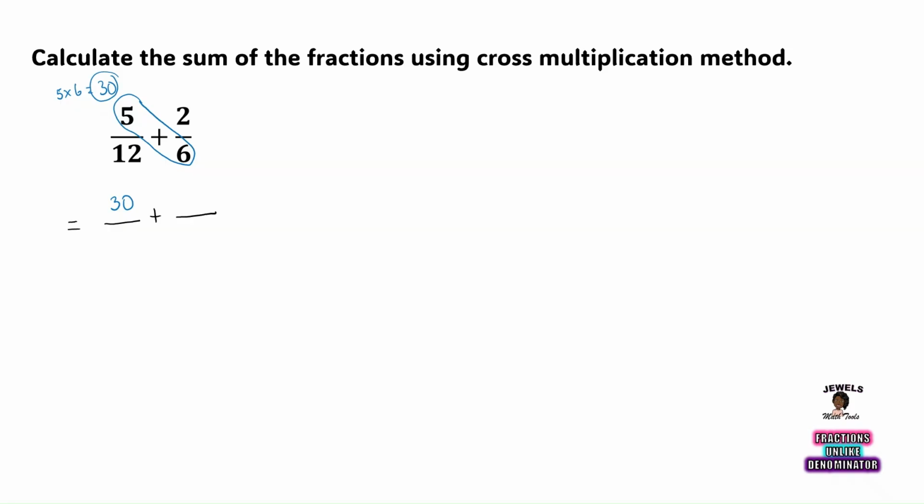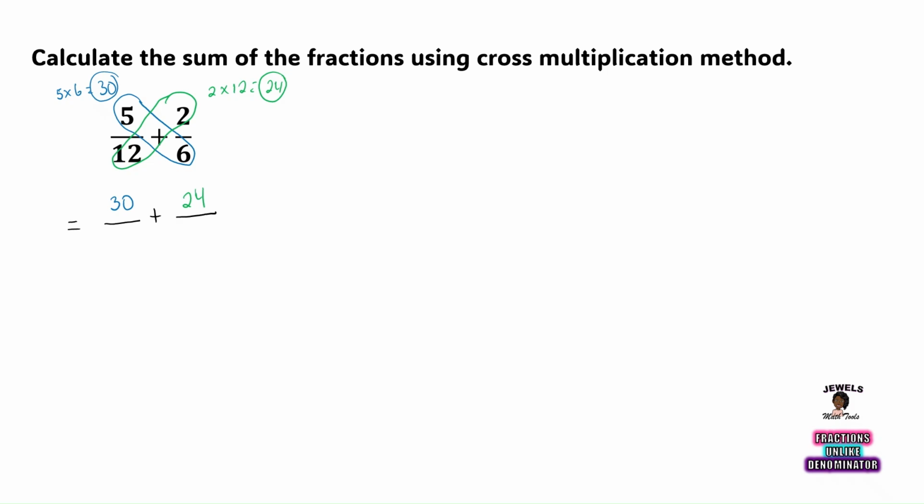Next, we're going to do the exact same thing on the opposite side. I'll be multiplying my 2 times 12, and when 2 is multiplied by 12, this is equal to 24. And this 24 will now be the numerator on the right-hand side of my fraction. And now for my final step,